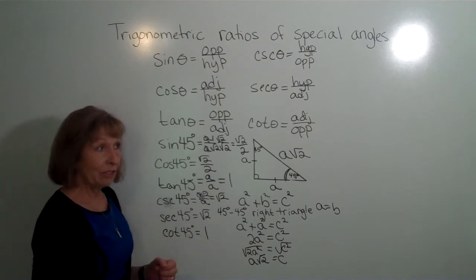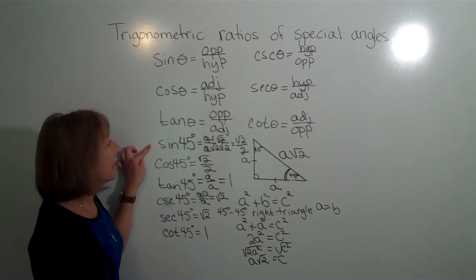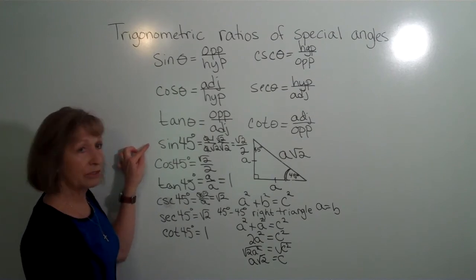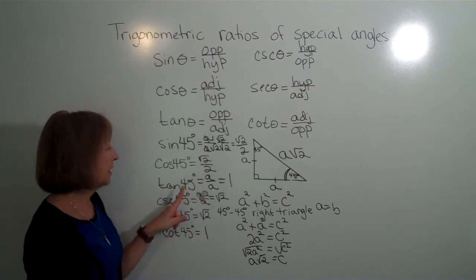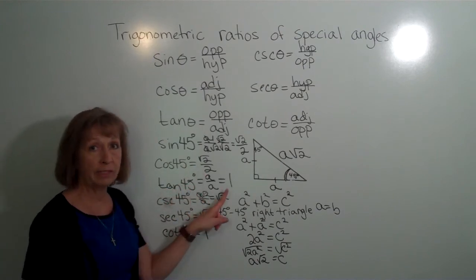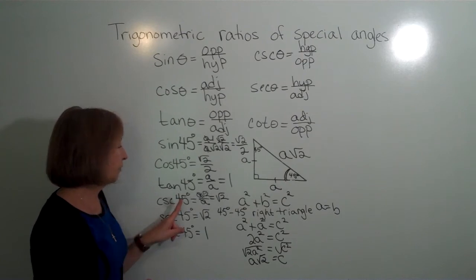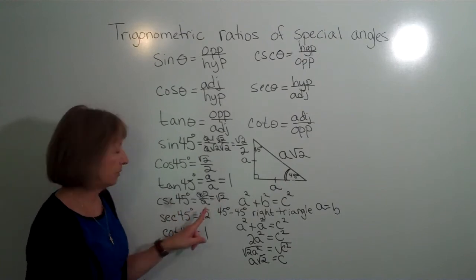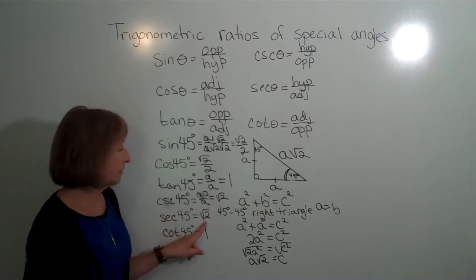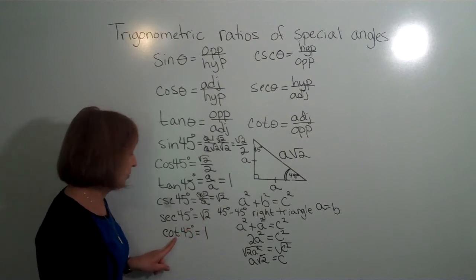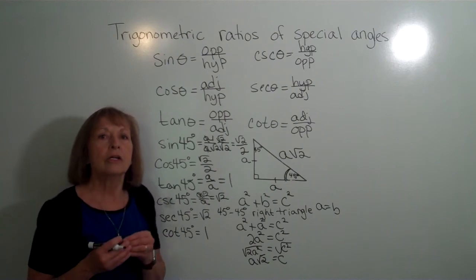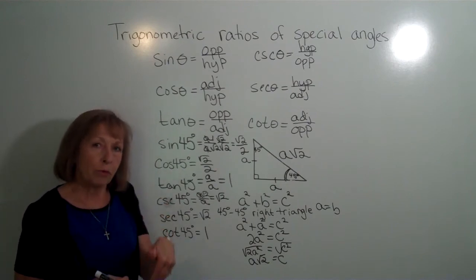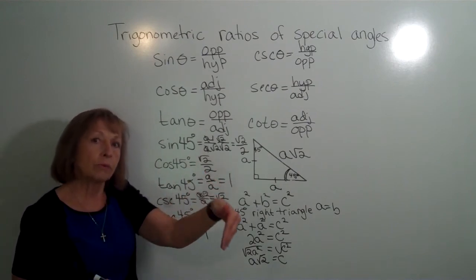So these values, the sine of 45 degrees being the square root of 2 over 2, the cosine of 45 degrees being the square root of 2 over 2, the tangent of 45 degrees equaling 1, the cosecant of 45 degrees equaling the square root of 2, the secant of 45 degrees equaling the square root of 2, and the cotangent of 45 degrees equaling 1, those are trig functions of 45 degrees equal ratios that